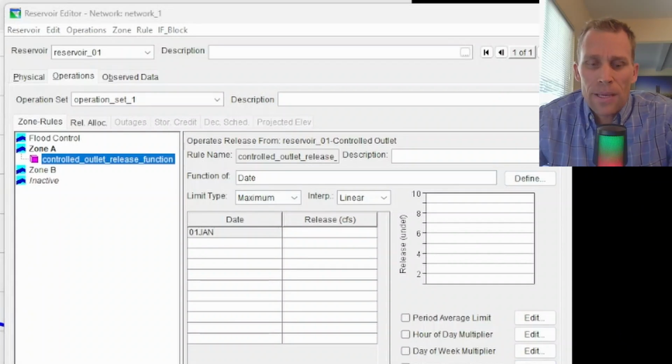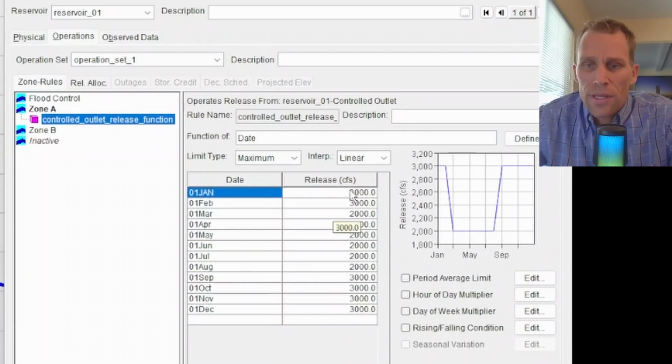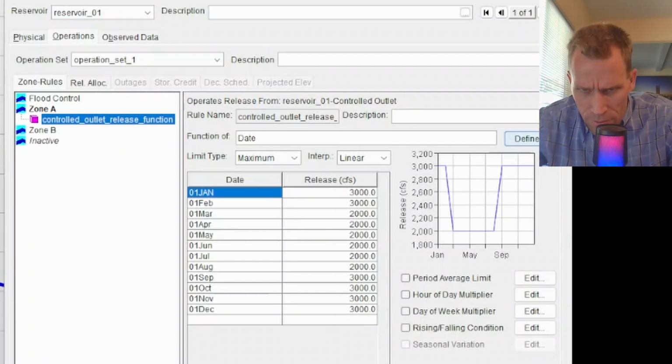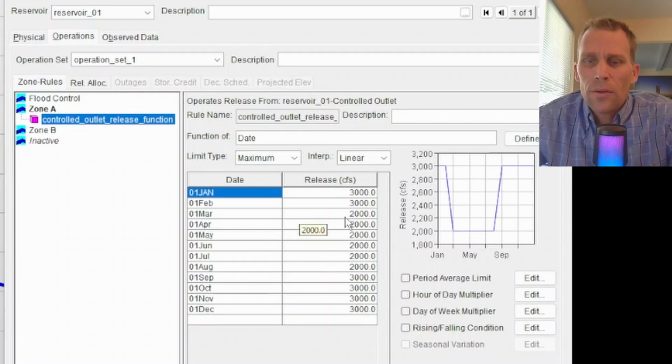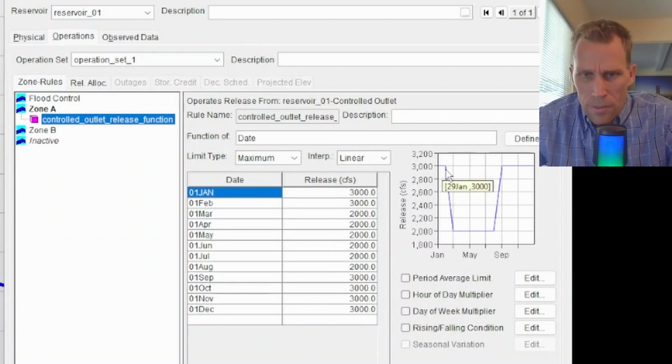I have some data ready to paste in over in Excel, so I'll go ahead and do that here. 3,000 and then 2,000 and then back to 3,000 based on whether it's growing season or not. Now, I just assumed the growing season was March through August, and here is my data. The only problem with this data, as is obvious from the plot, is that the linear interpolation between the February 1st and March 1st, as well as between August 1 and September 1, it really should be more of a